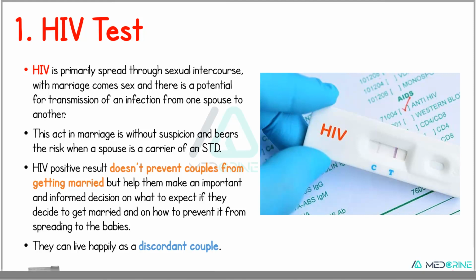An HIV positive result does not really prevent couples from getting married, but helps them to make an important and informed decision about what to expect if they decide to get married and how to prevent it from spreading to their babies when they give birth. This couple can live happily as a discordant couple, where one partner is HIV positive and the other one